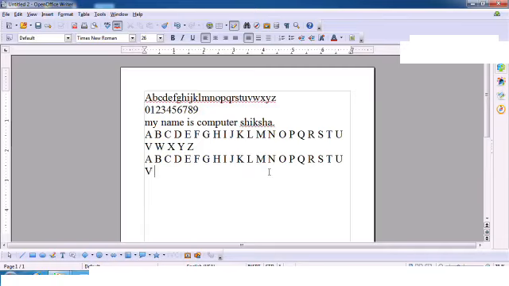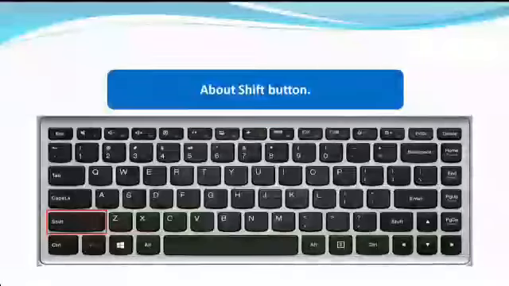You can also use the shift key to type symbols, which we will learn later. If you type the number buttons while keeping the shift button pressed, then you will see that the symbols which are shown above the numbers on the number keys will get typed on your writer page.